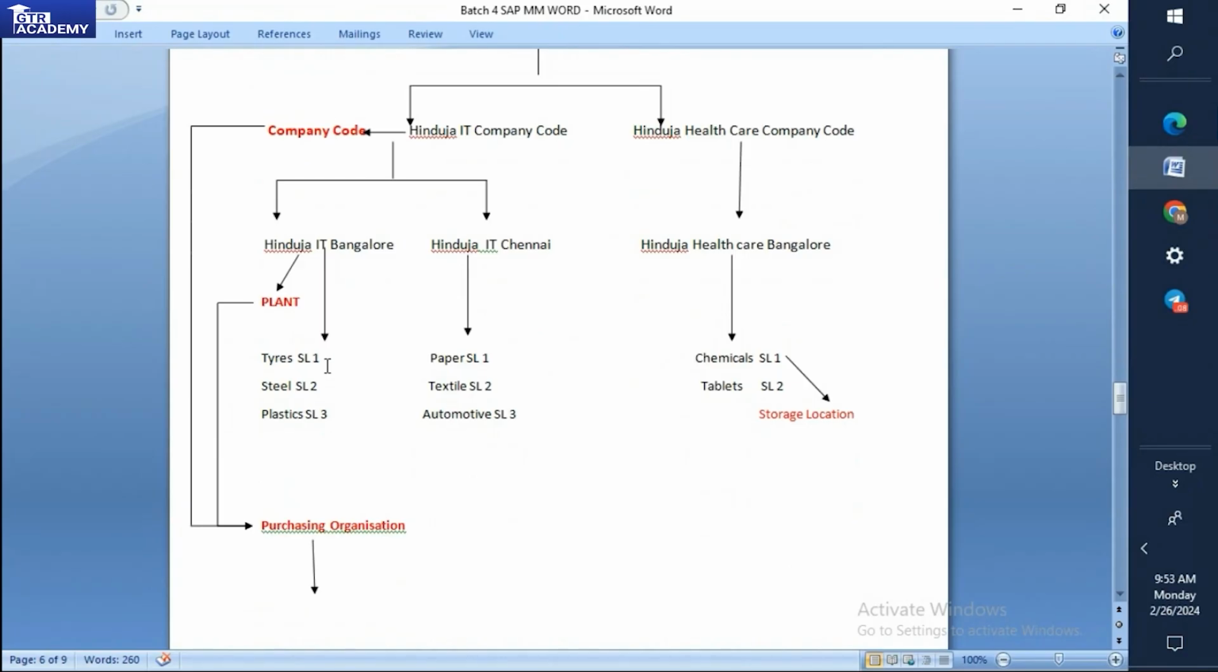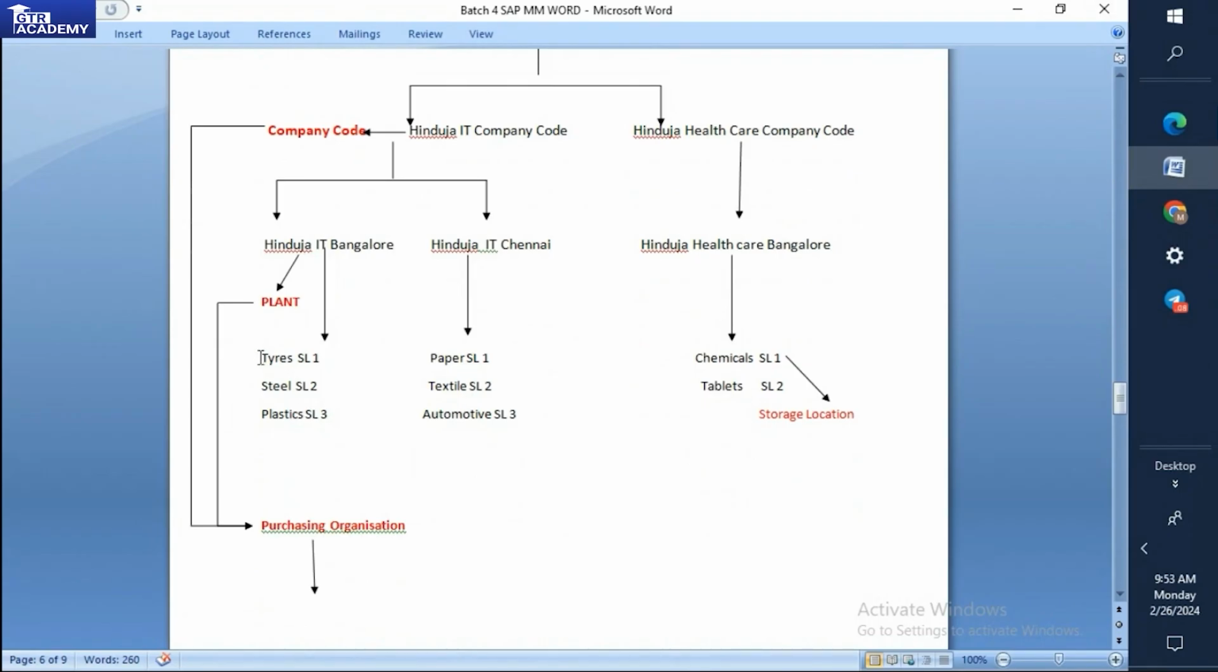Where you can keep the materials, raw materials or finished products, semi-finished products. See, what will happen in a plant, whatever the materials, for example, they want to maintain different types of the materials in a different storage location. For example, in the IT sector, they will maintain 3 different types of the storage